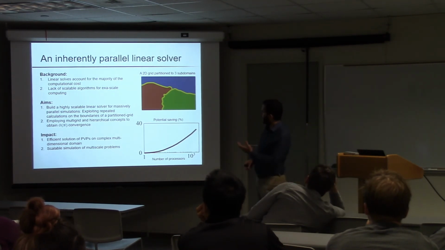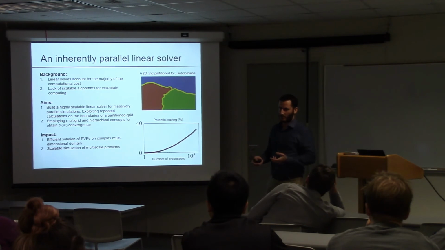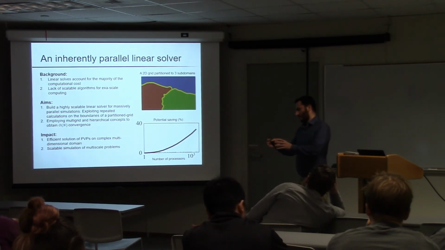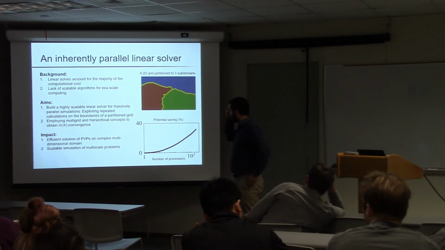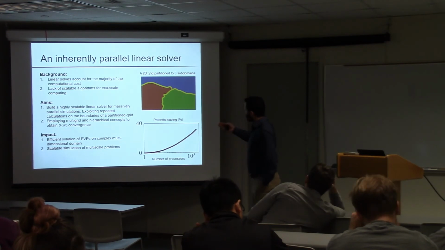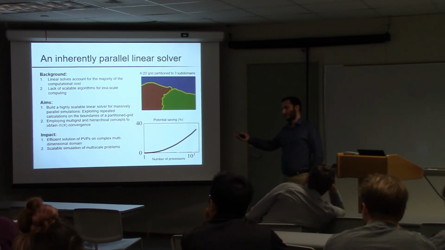So a third avenue for getting to the solution faster is through parallelization, right? The concept is that I have this problem that I want to solve, and I'm going to break it into smaller pieces, and give each of those pieces to an individual processing unit in order to get the solution faster. But the problem here is that as you increase the number of processors, you don't necessarily get a solution proportional to that increased number of processors.